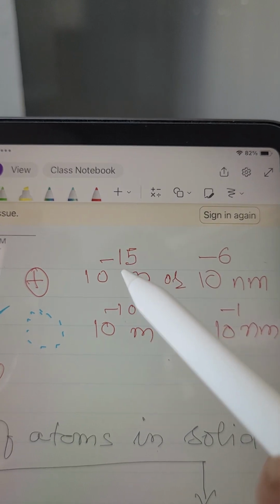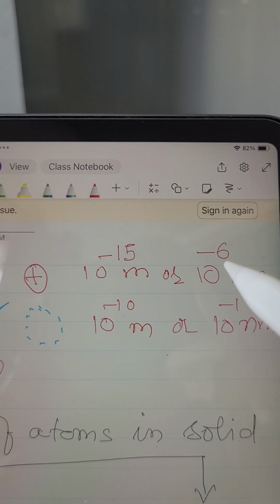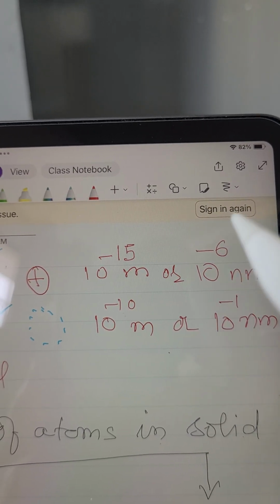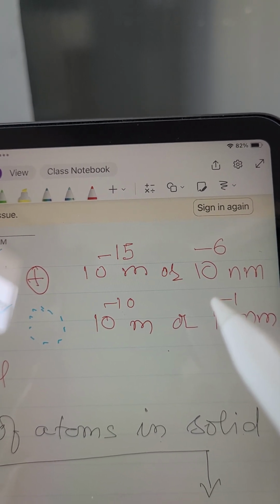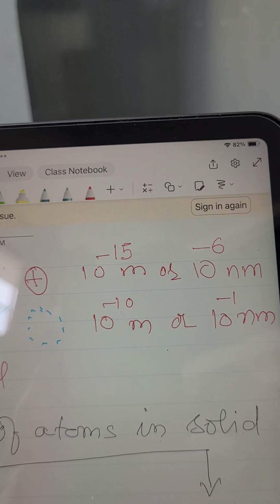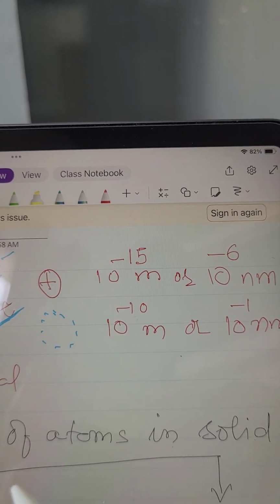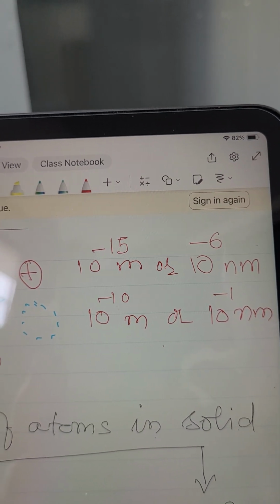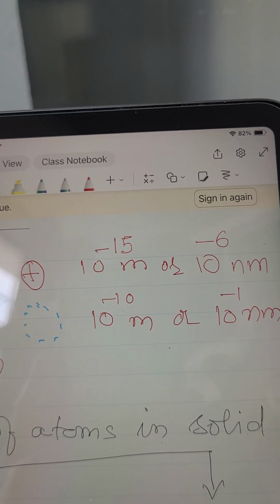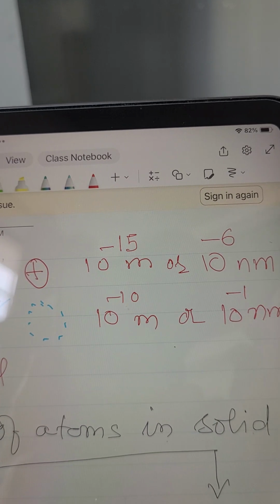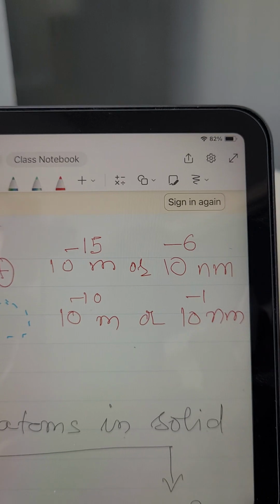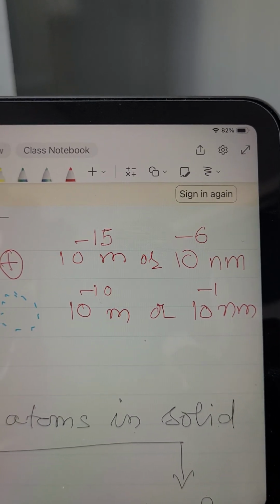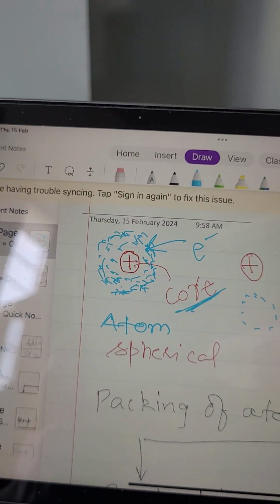The core or kernel is of the order of 10 to the power minus 15. Mind it, this is not the exact size, it is the order. In nanometer we can say 10 to the power minus 6. Then the blue color electron cloud is 10 to the power minus 10 meter or 10 to the power minus 1 nanometer. The famous Rutherford ratio, 10 to the power 5, is maintained. Mind it, especially bio kids. Okay, so now the atom is clear.